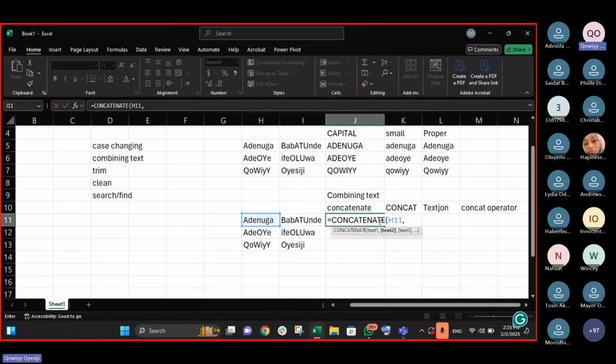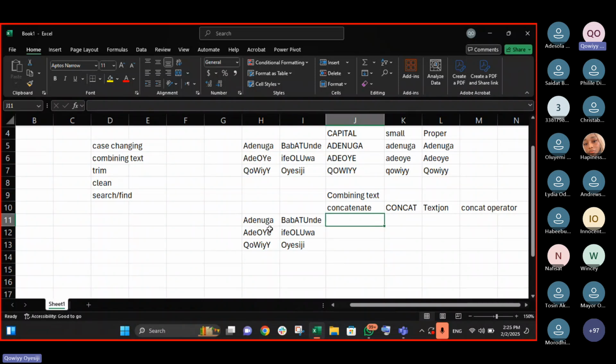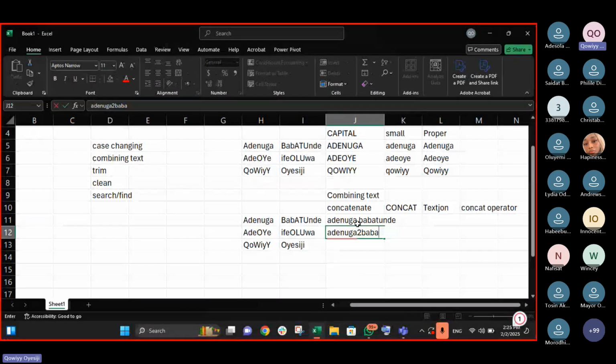If what I want to type here is Adenuga, space, Babatunde, like this, exactly. Or if it is Adenuga to Babatunde. Now, let me explain something.